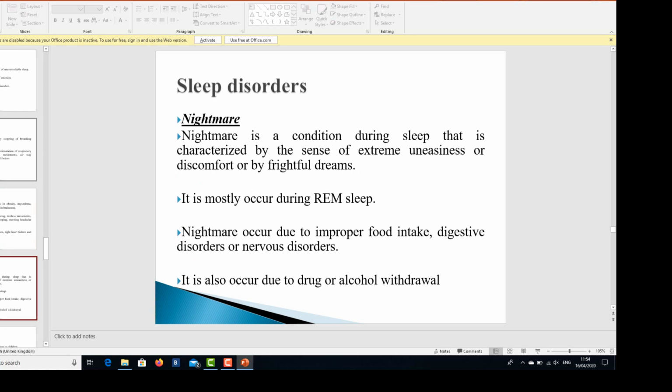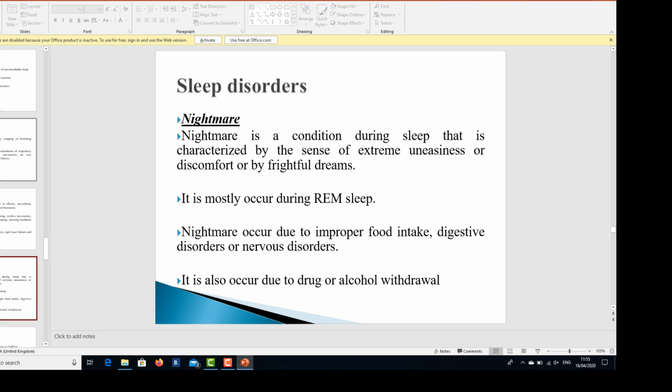Then nightmare. Nightmare is a condition during sleep that is characterized by the sense of extreme uneasiness or discomfort or by frightful dreams. It mostly occurs during rapid eye movement sleep. Nightmare may occur due to improper food intake, digestive disorders, or nervous disorders, and can be seen if there is